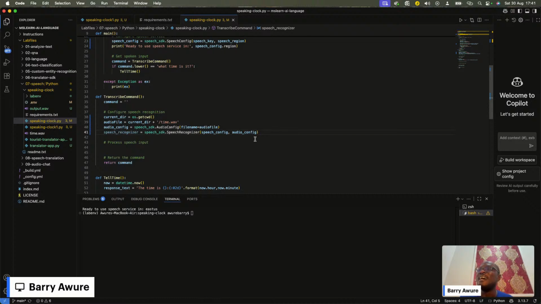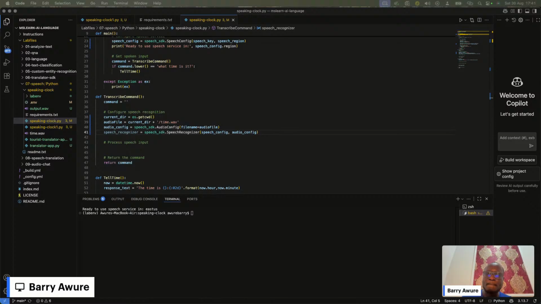To configure your speech recognition, all that you need is your current directory, your audio file, if you have an audio file, then your audio config files and speech recognizer, right? These are different ways in which you need to interact with the SDK that gives you the opportunity to consume the services on Azure.